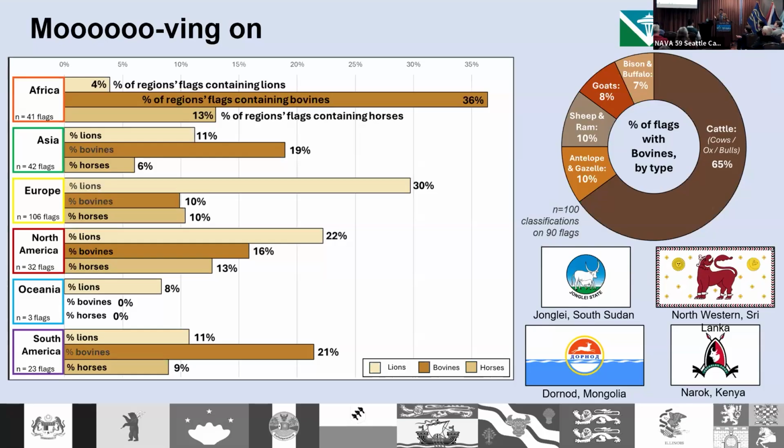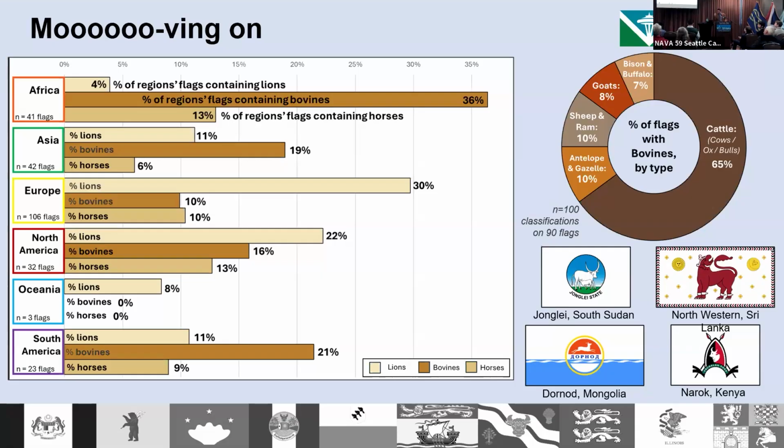In fact, 85% of flags with animals don't have any lions on them. There are no U.S. states with lions on them. Papua New Guinea and the Solomon Islands, also colonized by Britain, don't have any lions on them. And in South America, the flags of Argentina, Chile, Colombia, Ecuador, Uruguay, and Venezuela, all colonized by Spain, don't have any lions on them either. Again, potentially shunning that past colonialism.